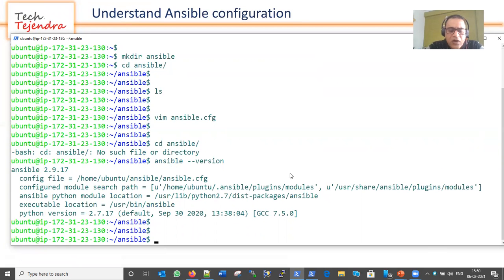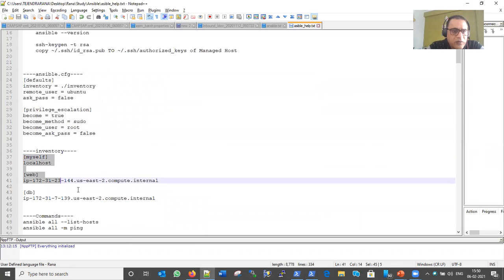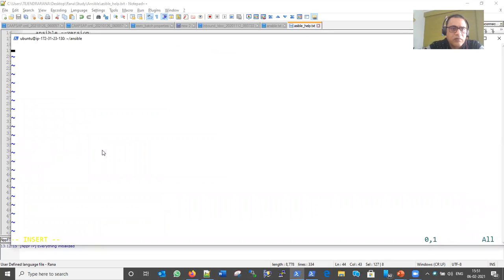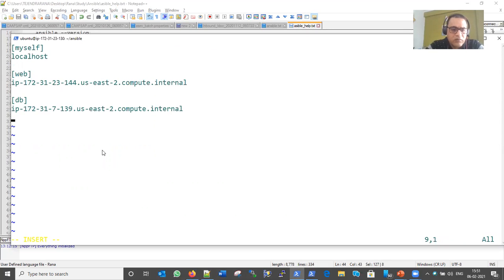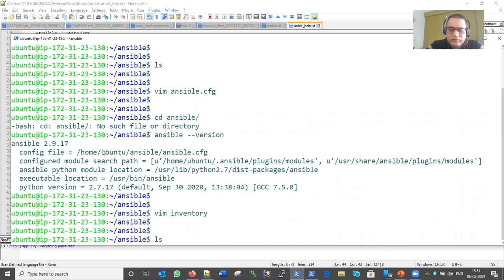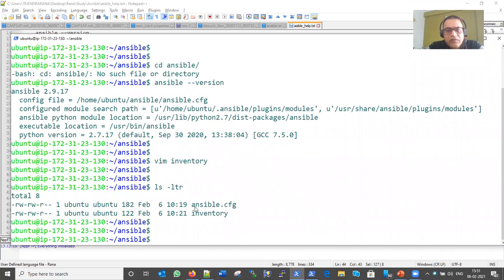Now let me create the inventory file here. Let me also copy the content of the inventory file. Now you can see inside this directory I have one Ansible configuration file and another, the inventory file.